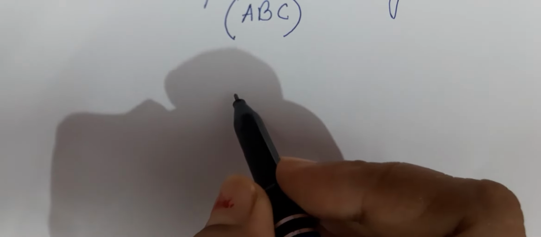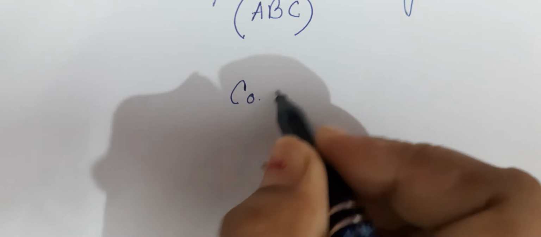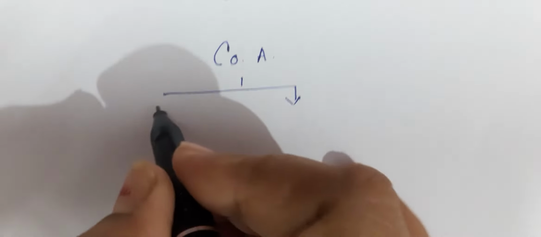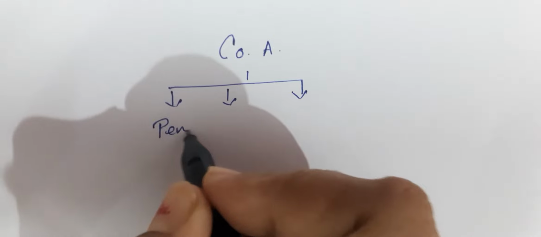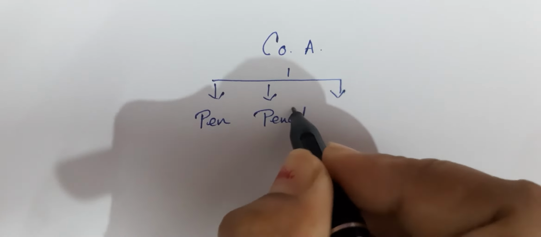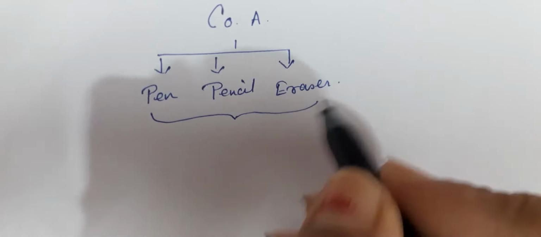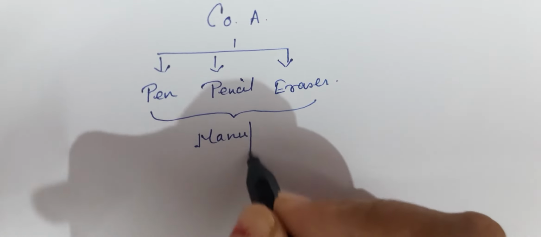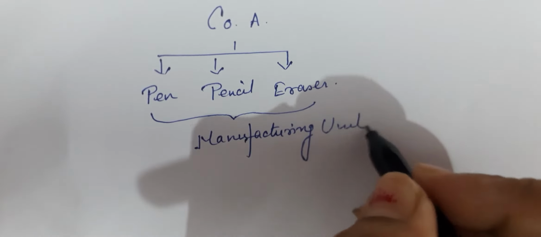Suppose we have company A. Company A manufactures three products: pen, pencil, eraser, in a single manufacturing unit. In the same factory, the company is manufacturing pen,